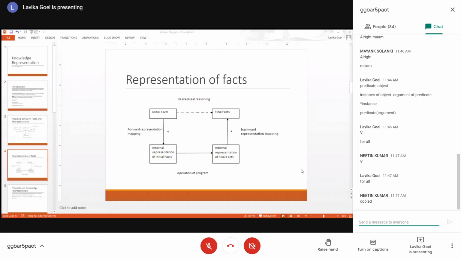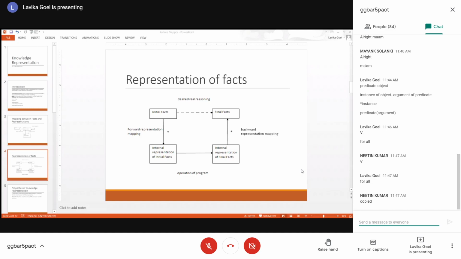And this process of converting the initial facts into their internal representation is called forward representation mapping. Forward representation mapping is basically when you are mapping from initial facts to their internal representation. Fine.